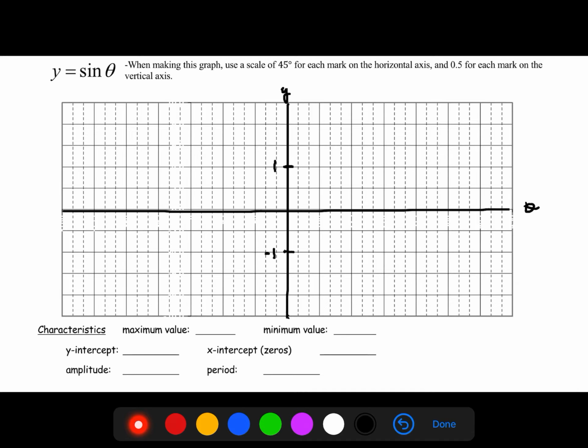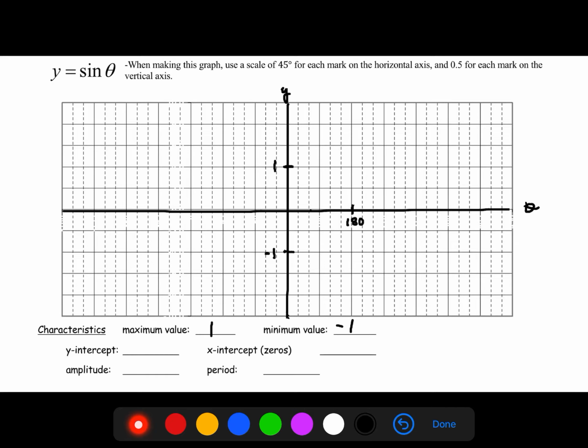-1 was our minimum, which we can fill in on the bottom here as well, our biggest and our lowest values for y. For theta, we're going to use 45 degrees on each scale on the horizontal axis, or theta axis. Now, we don't have to label every single one of them, so every other is going to be 90. So we're just going to label